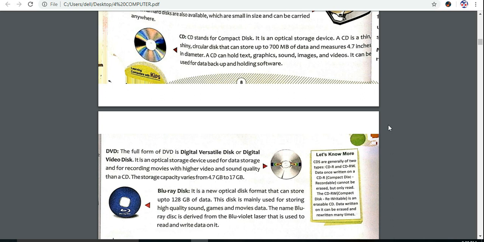Data once written on a CD-R can be read but not erased. So if you want to store your data permanently and don't want to erase it, you can use a CD-R. And if you want to write your data again and again, erasing and rewriting it, in that case you have to use a CD-RW, which is read and write.